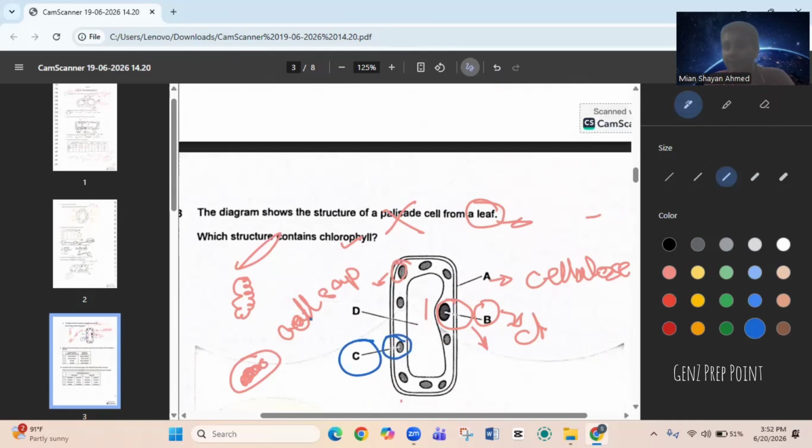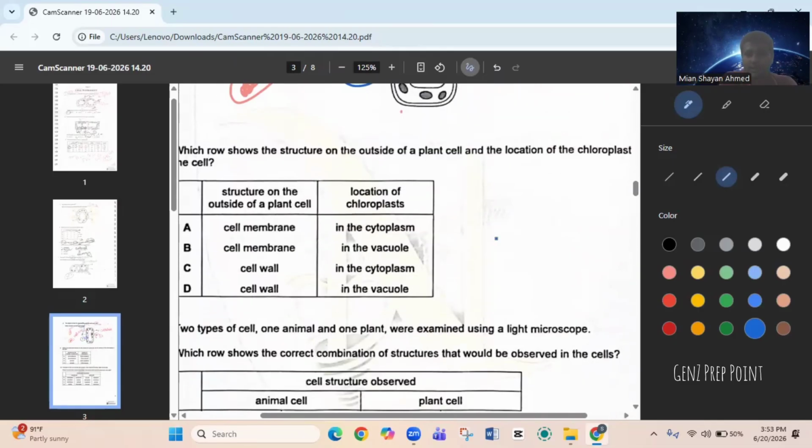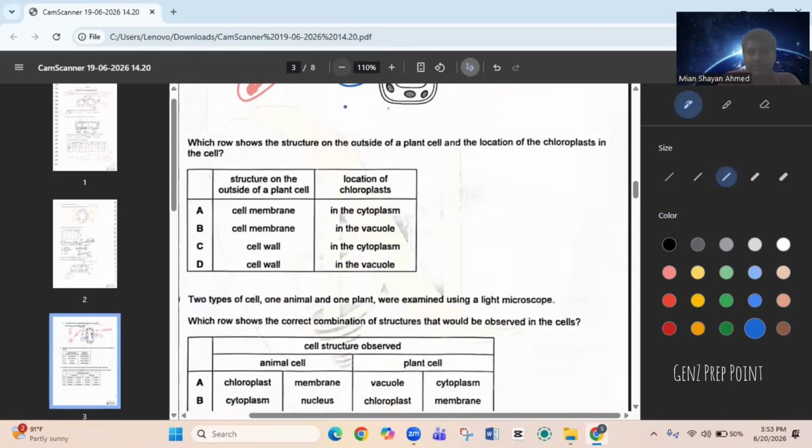And what's the purpose of chloroplast? To trap sunlight for the process of photosynthesis. What traps sunlight? The green pigment in them. Where is that green pigment present? Inside the chloroplast. That is chlorophyll. So if you understand all the things I told you, chlorophyll is present in C, which is the chloroplast. Let's see, we focus on which row shows the structure on the outside of a plant cell